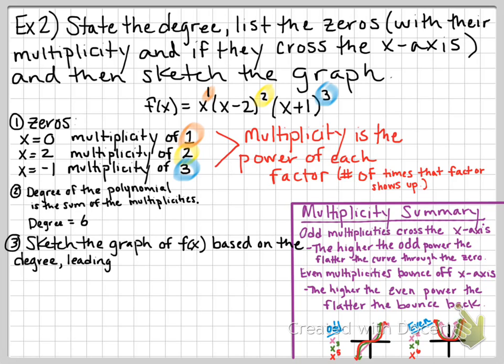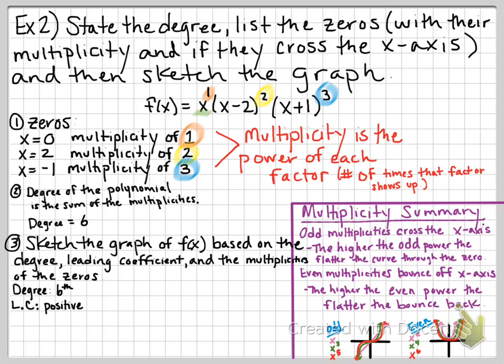So to sketch this, we're going to analyze a few things. We're going to analyze the degree, the leading coefficient, and the multiplicities of the zeros. Like I said earlier, this is a 6-degree polynomial. Now this is a positive leading coefficient, because if I look up at the x terms in the factored form,